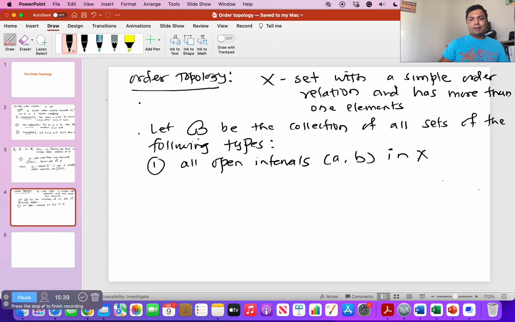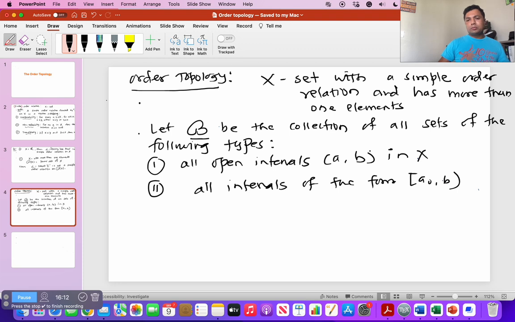So this script B is the collection of subsets of X, and there are three different types of subsets, and one of them is open intervals. Okay, and the second one is all intervals of the form [a0, b). So here in the first one, we are using parentheses on both sides, that means they are open, like the open interval in the set of real numbers. And here they are also called half open. So the left side is included, the right side is not included, where